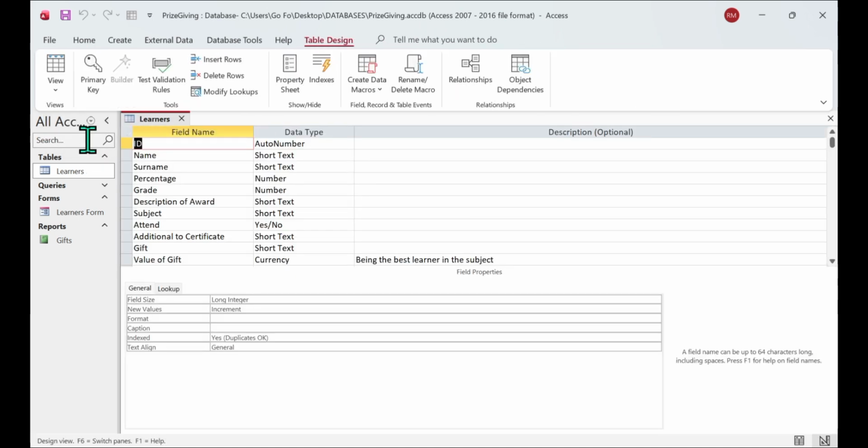In our design view, for each and every field name, we have the data type. We were discussing the data type in this session. We want to look at them one by one and explain why we selected this data type for this field name. So the first one talks about the ID, and if we go back to our datasheet view,